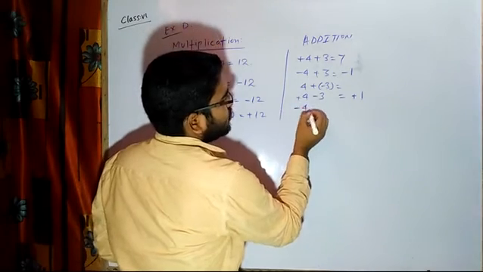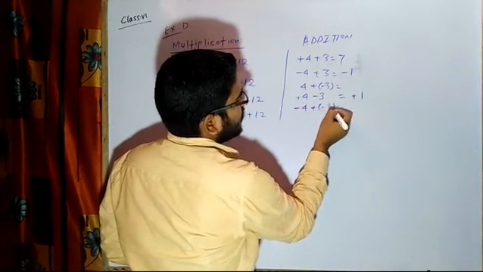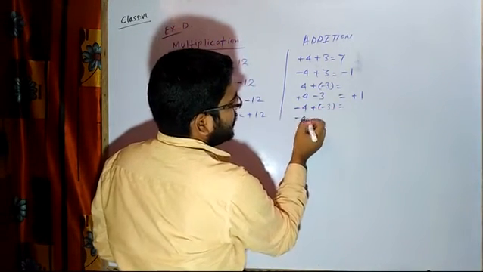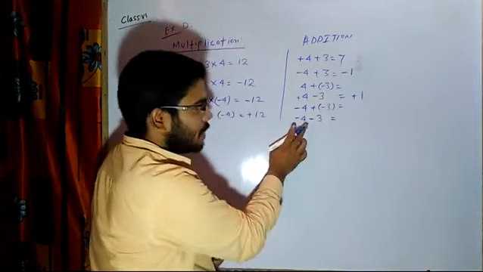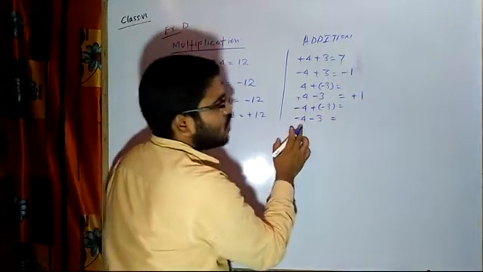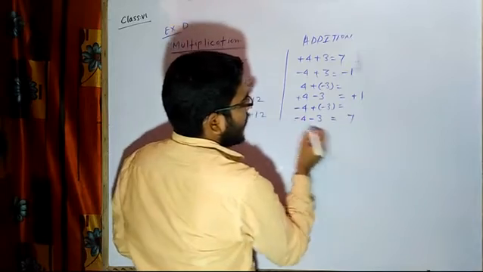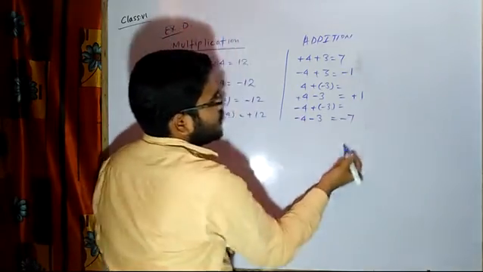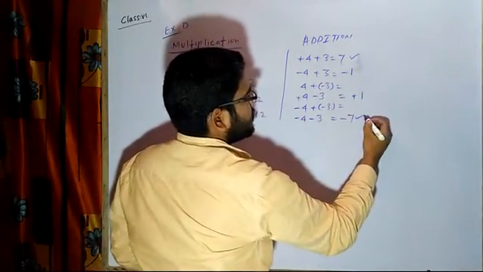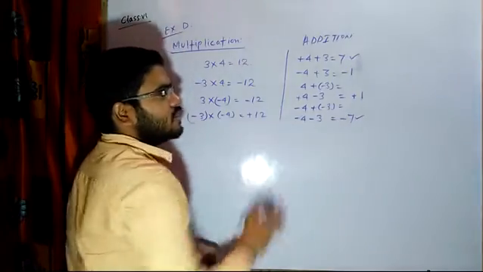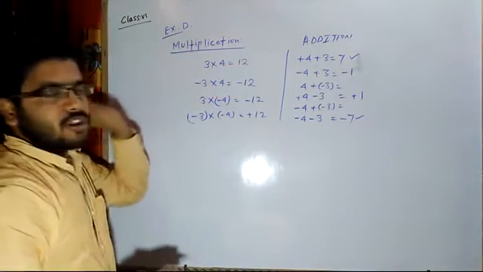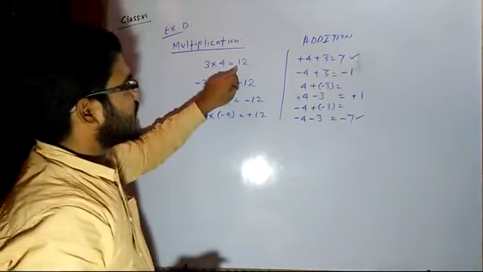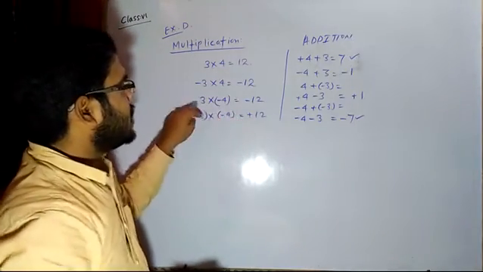Now if I have minus 4 plus of minus 3, then what are we going to do? First we will break plus into minus, minus 3, then the numbers have the same signs, minus, minus, so I will add, and the sign will be negative. So same sign means positive in multiplication, same sign means negative in addition. Here addition will take place, here subtraction will take place. Here, same sign means multiplication. Obviously in all the cases you have to multiply, but the sign will be positive for same sign, negative for opposite sign.